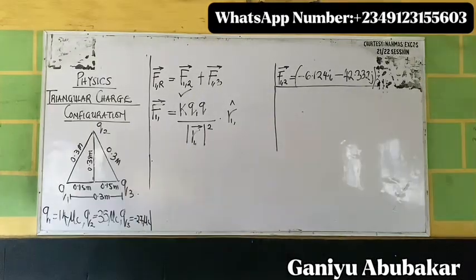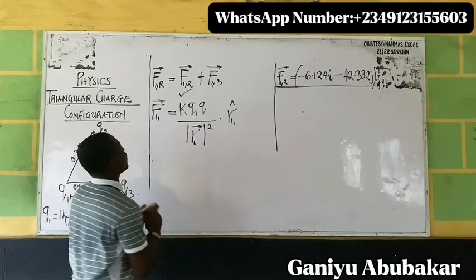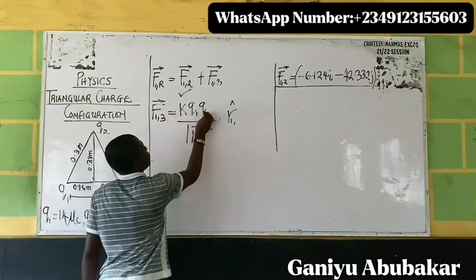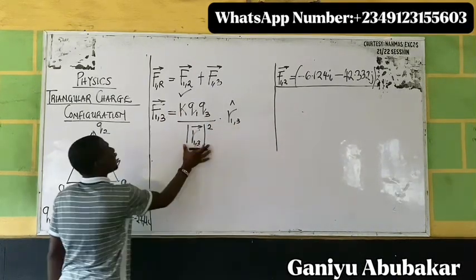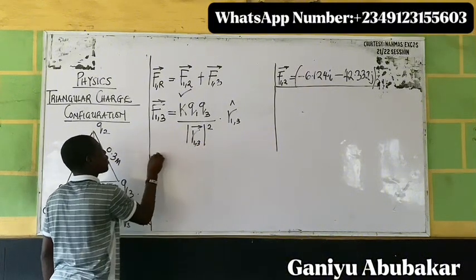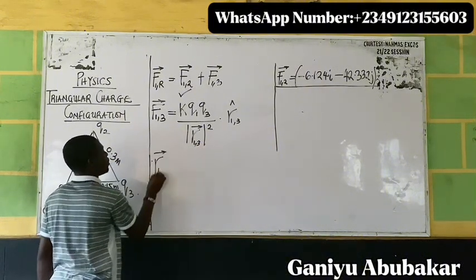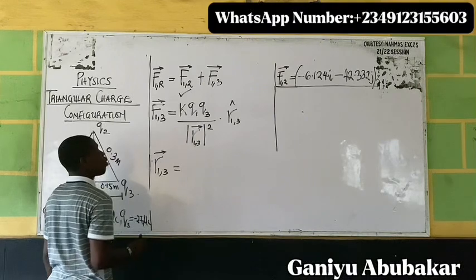Alright. Let's get F13. Put 3 here. Let's get the value of r13. R13 is equal to